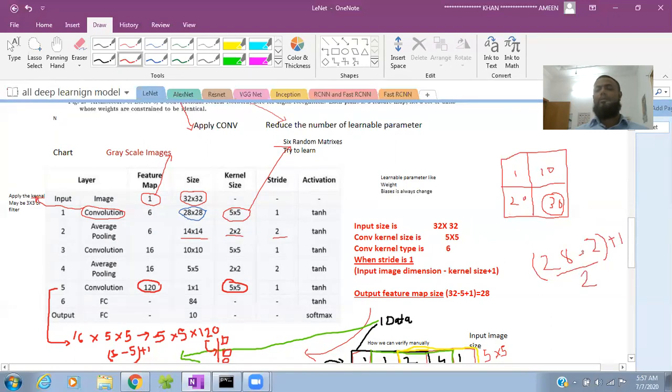So it will become 26, then 13 plus 1, 14. So the next one is 14.